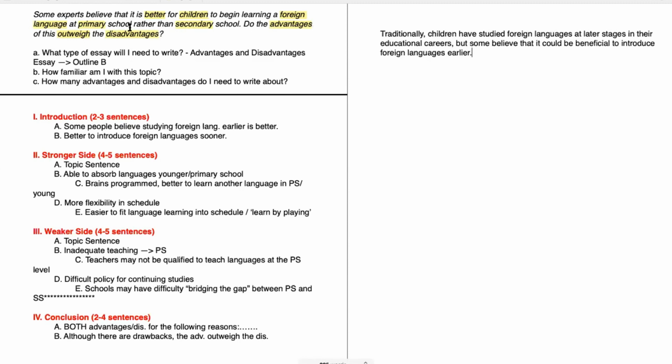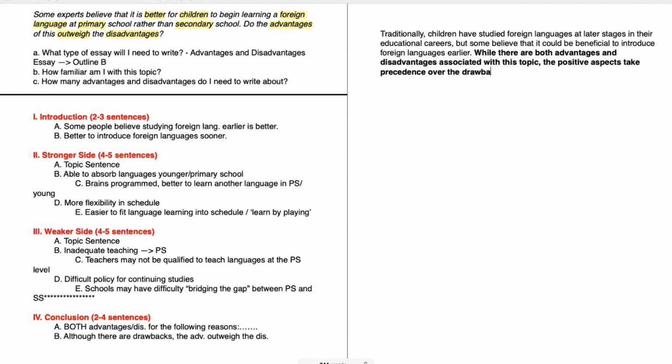And that is basically what I've said here. The fact that the writing prompt says rather than secondary school, it implies that children learn foreign languages in secondary school. So that, based on my outside knowledge, has led me to write this opening sentence. Now for my thesis statement, I'm going to put that in bold because that is what we'll need to reference and support throughout our writing. And I'm going to say, while there are both advantages and disadvantages associated with this topic, the positive aspects, so the advantages, take precedence